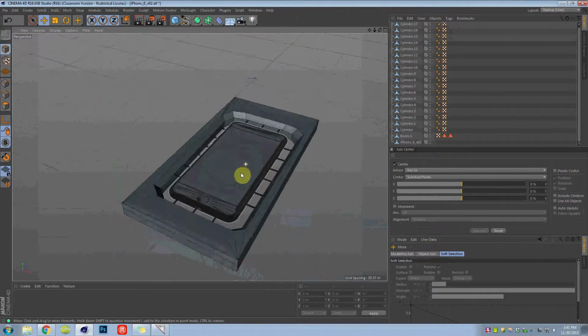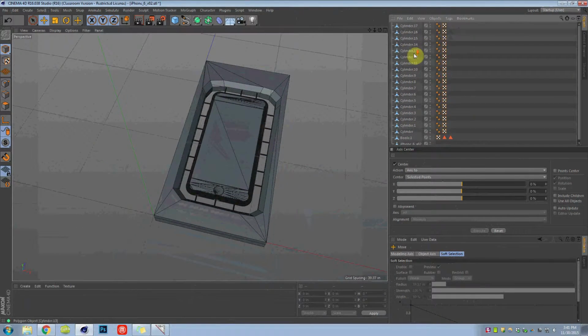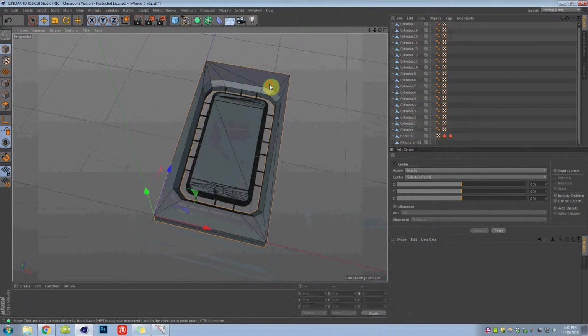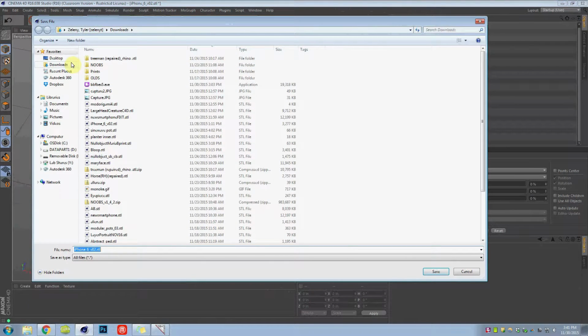So this is my end product. This is exactly what I want to come off the mill when all is said and done. It's lovely. It's got all these wonderful things. It's the right size. So I'm going to file, export as an STL, put it somewhere where I won't forget it, desktop,